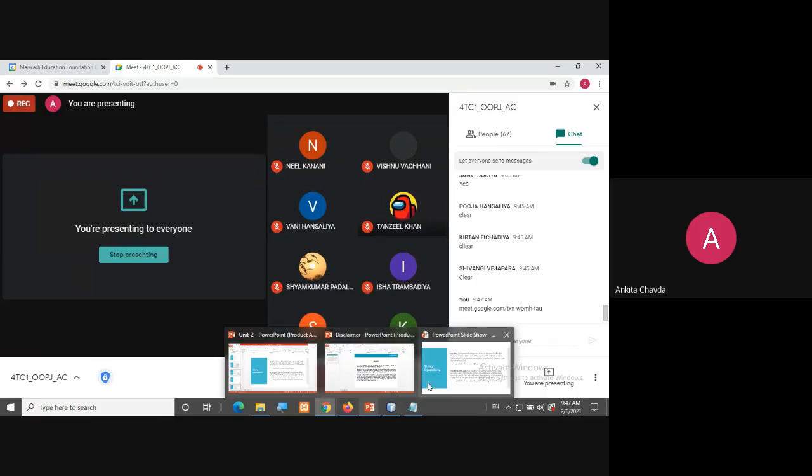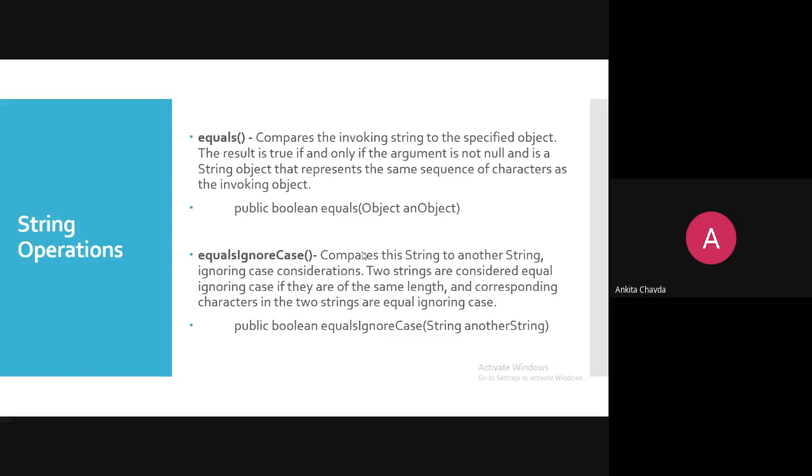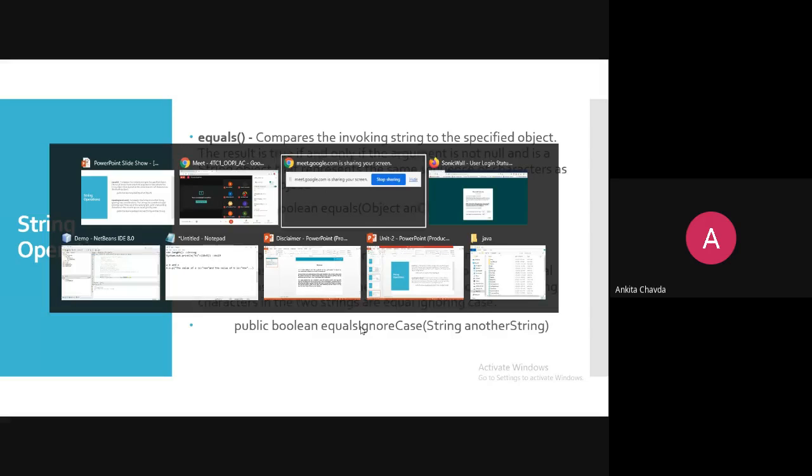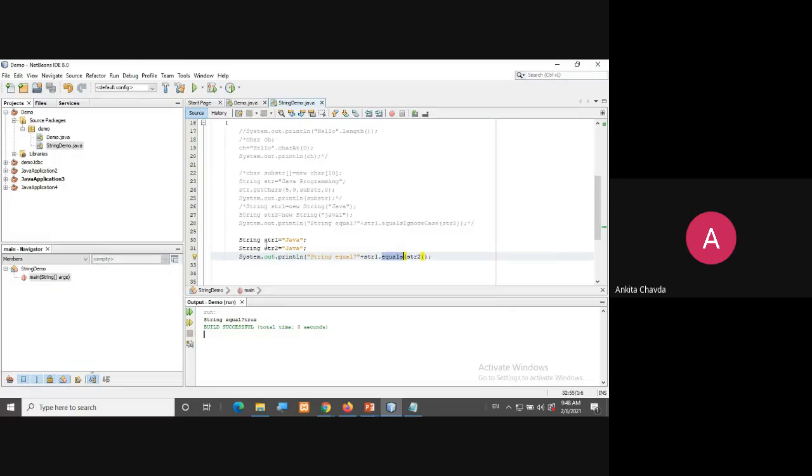Fine. So where we were, on this equals and equalsIgnoreCase. In both cases, I have shown you that you can take a literal, and you can also use the string dot equals method like this. Now I would like to show you another thing: do you know that typical thing where you use equal equals to?